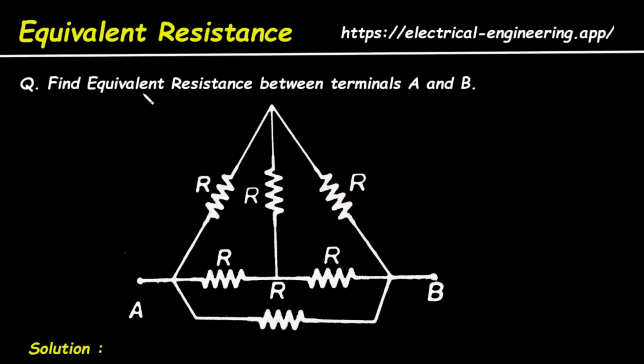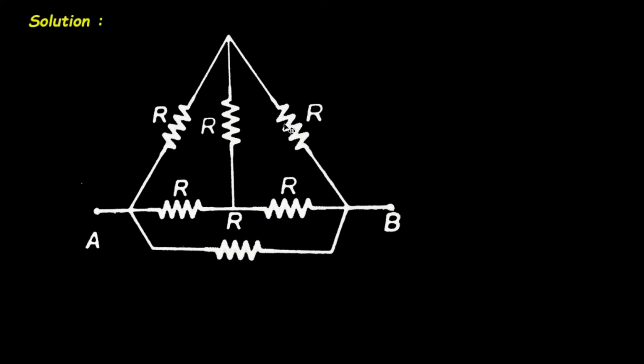Question: find equivalent resistance between terminals A and B. Now here for this network, we have to determine its equivalent resistance between terminal A and B. Solution: first of all, we will take this network. Now here we can see